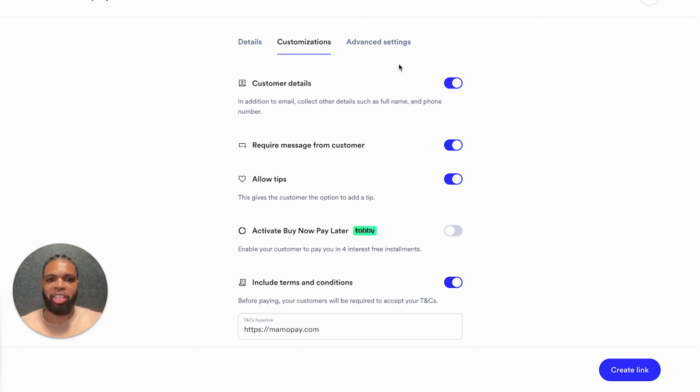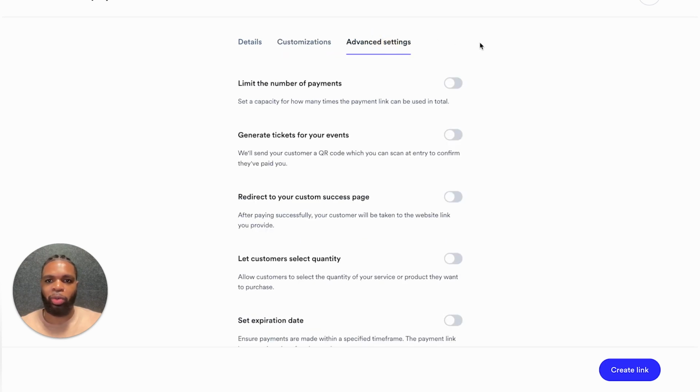If we jump over to the advanced settings, we can further configure our link by putting a limit on the number of payments the link can receive, generating tickets for your event, so issuing QR codes which you can scan at the point of entry to confirm that a customer has paid you, redirecting your customer to a custom success page, so that can be a page on your own website for example, letting your customers select the quantity, which in this case will enable,